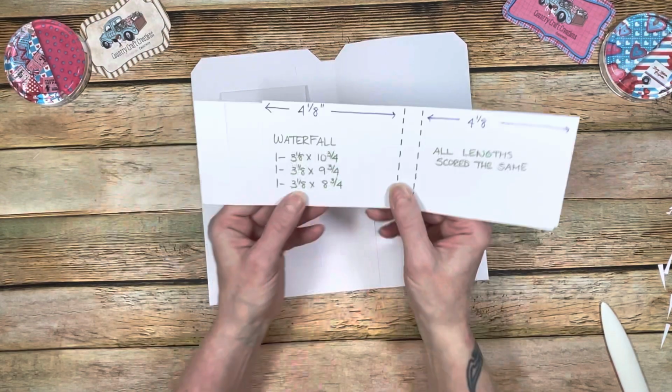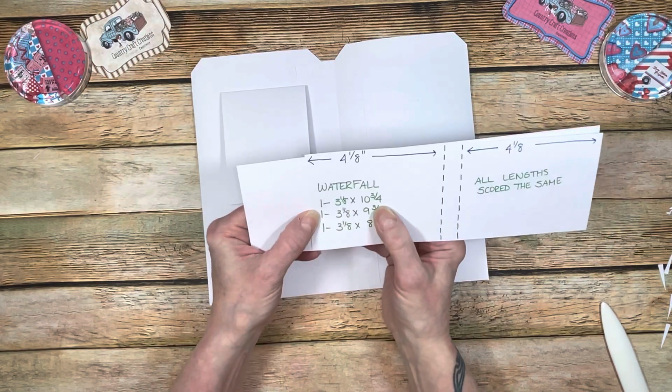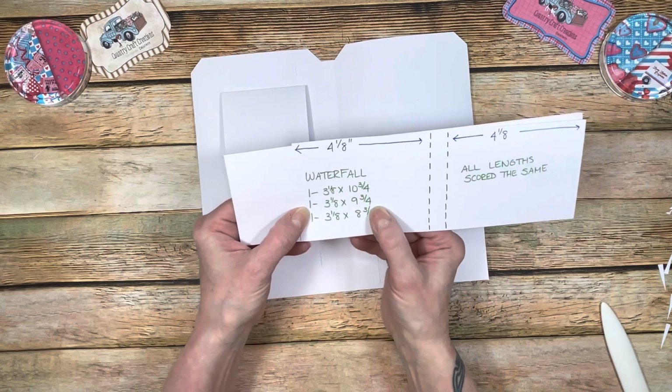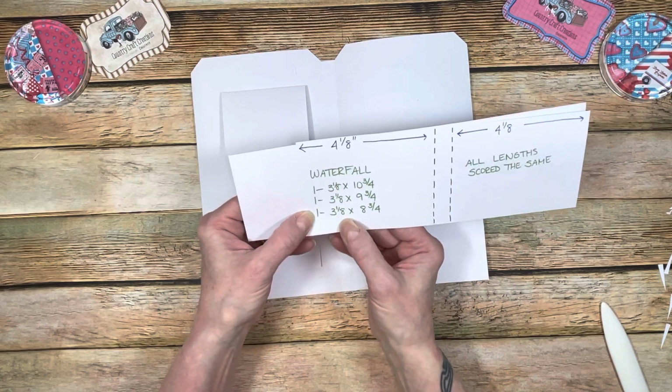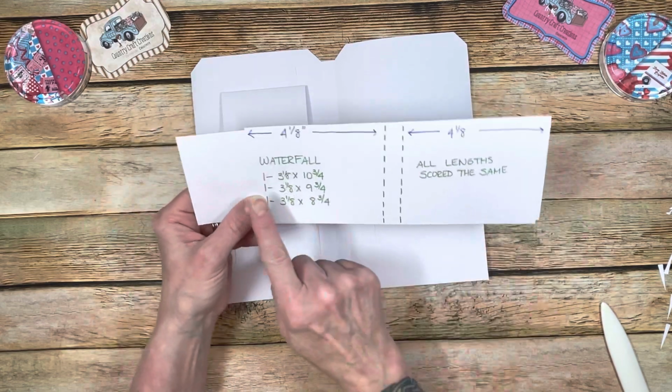So I cut a piece that's one at 3 1/8 by 10 3/4, one at 3 1/8 by 9 3/4, and then one at 3 1/8 by 8 3/4. And they're all scored the same. Put them in your scoreboard